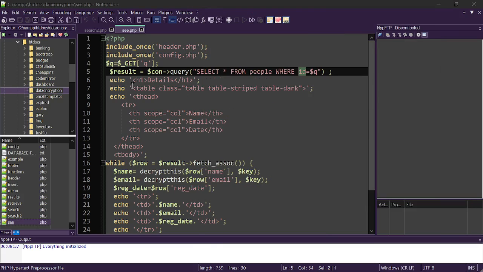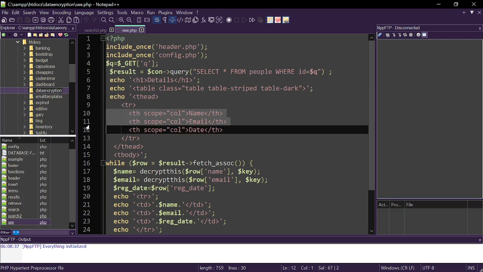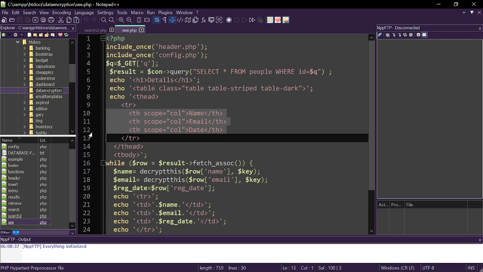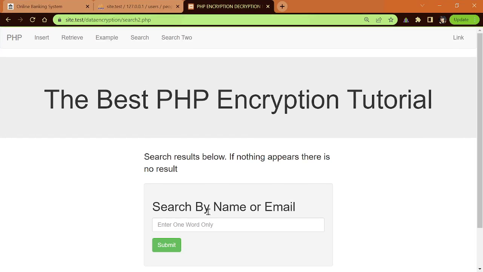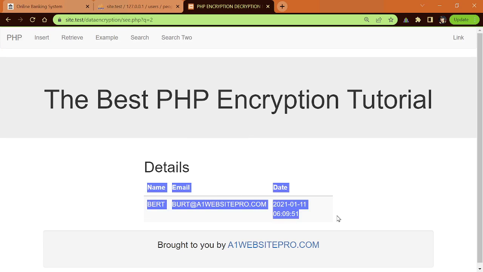Okay, and then I have a table here, a bootstrap table that I use, and here I have the 3 column names: name, email, and date. And you can see that right here. If we go, let me go type Bert. You can see name, email, date, and then the results below. Okay,